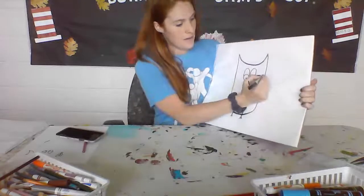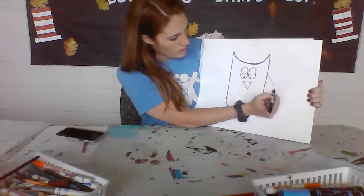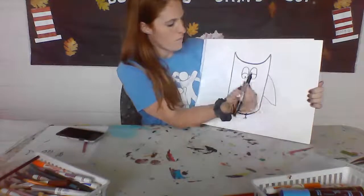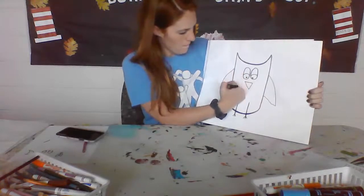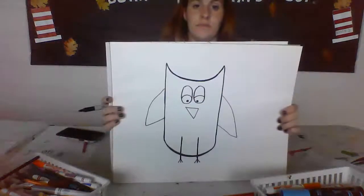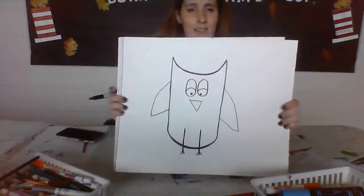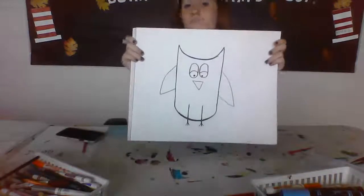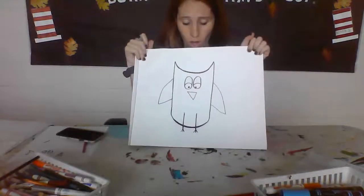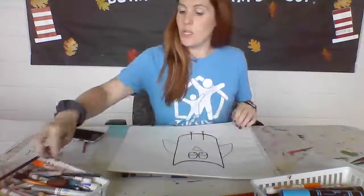Then on the sides, I'm going to draw almost like triangles. Like that. They're a little lopsided, but like I said yesterday, I'm not an artist, but I can draw somewhat looking like animals. Okay, and then you can color these. You can color your owls whatever color you want. You can do it like